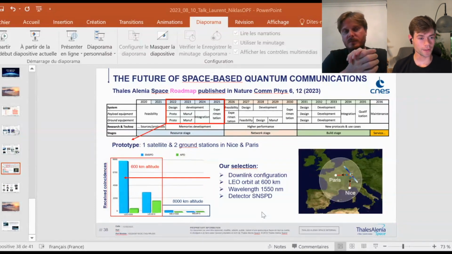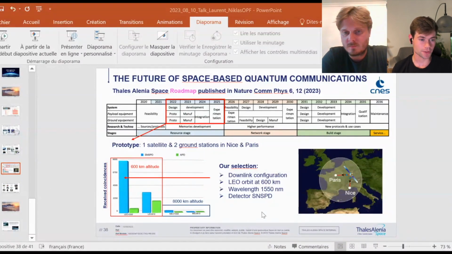Okay, and in a downlink configuration, my understanding right now is that the requirements in terms of infrastructure that you actually need to put in the satellite are much lower than for an uplink. Can you maybe explain very briefly the difference in terms of what you require to actually put physically inside the satellite in an uplink versus downlink configuration? Because we mentioned all these requirements, like you need to have something that's resilient against vibrations, against shocks, against all these things.